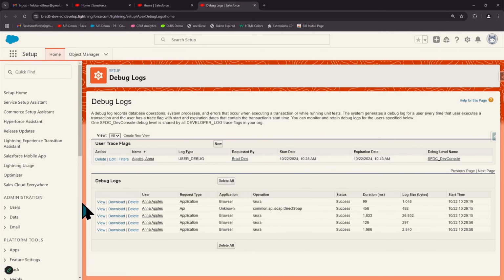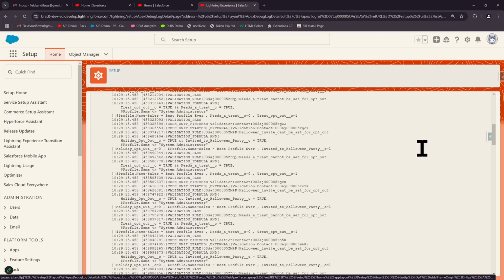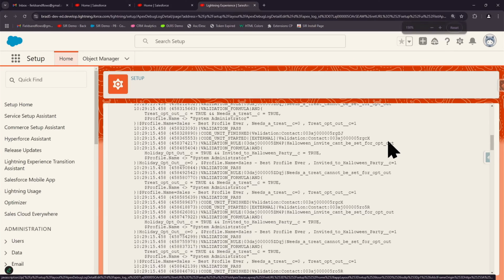But let's actually go look at this debug log for, I'm going to guess because this has the biggest log size, this is where she went to the account record. So cool, we've got a whole bunch of information here. So we can actually see that that flow ran right here. Now this is maybe not going to be all that easy to see, but we're seeing